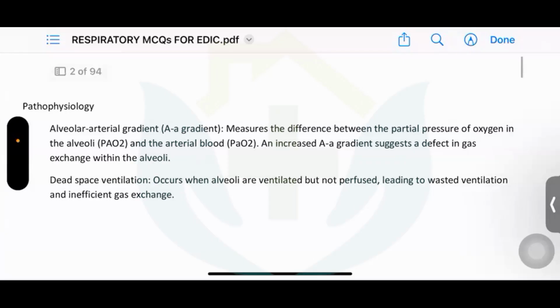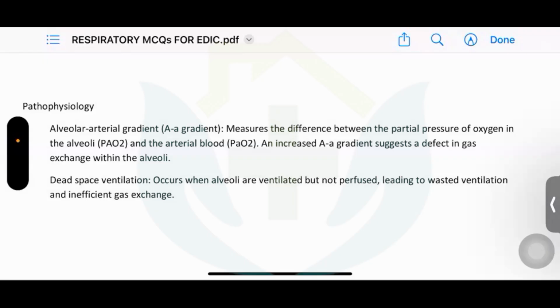So the important thing is the gradients are important. That is, when the oxygen has to travel from air, this alveolar space, into the blood, there has to be a gradient because diffusion happens down the gradient. You can throw a ball from ground upwards, but you will have to put a force into it. But from top downwards, you will just have to release the ball and it automatically comes down because there is a gradient of gravity. Same way, when the oxygen is to be moved from alveolar space into the blood, it requires just a gradient. Same way for carbon dioxide from the blood to the alveolar space.